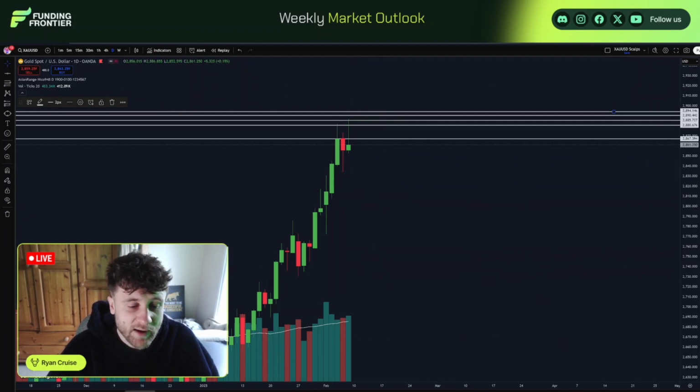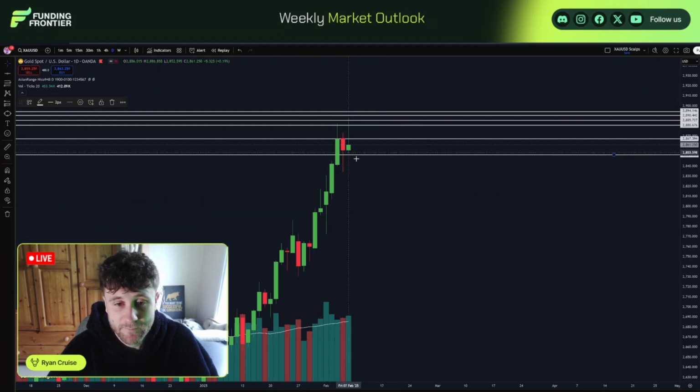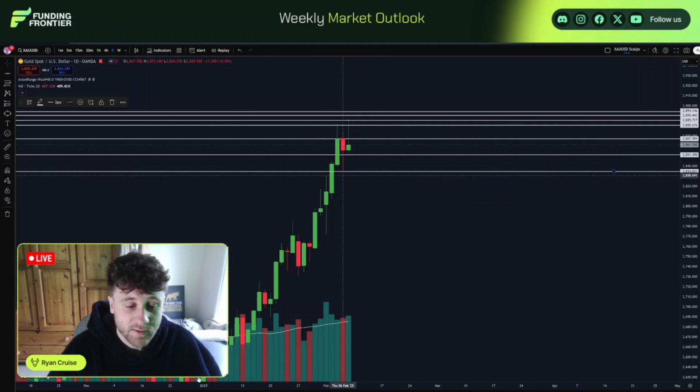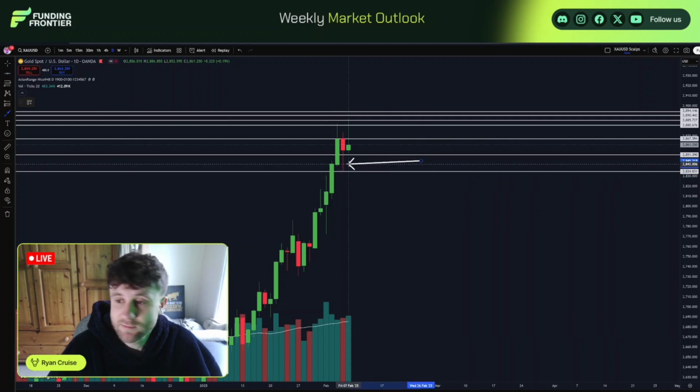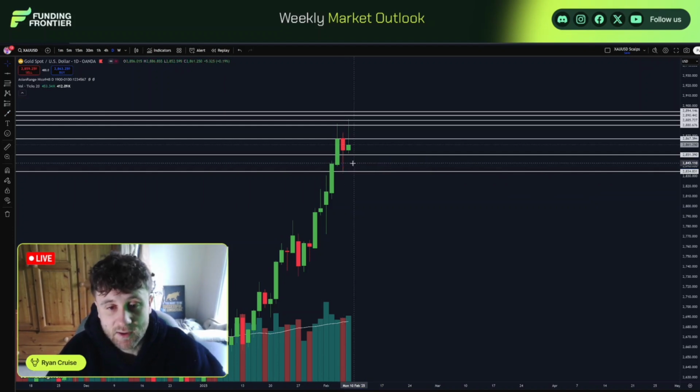However, within these 3 candles, we have created this minor support. We'll go down in the lower time frames at this point, but again, if we do get the closure below 2851.390, I will expect at least the wick fill that we have here to be filled at this level here, 2851 down towards 2834. This wick fill to the left will be getting filled if we get that closure below.